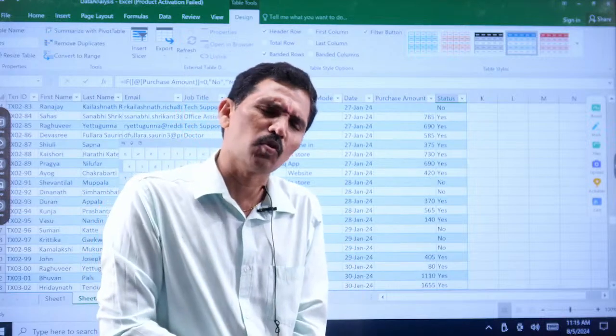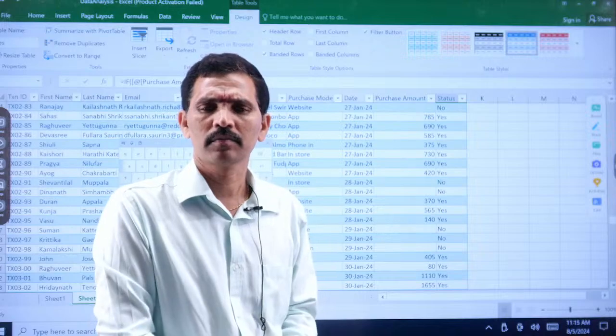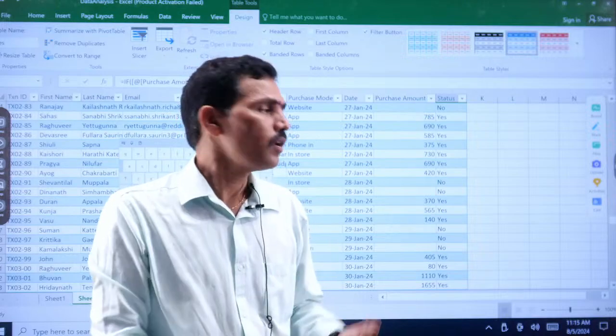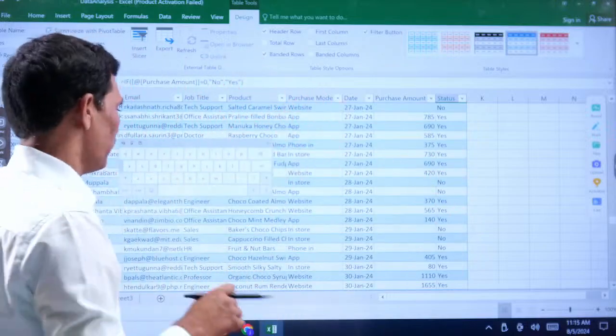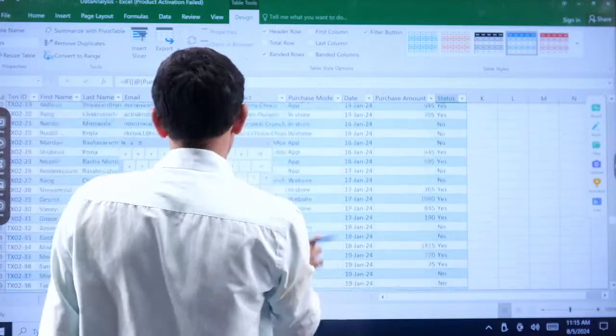In data analysis, most of the time we will go with that. Do you understand this? So this is the importance of a table, and we are moving on to the next level. In this table we have completed like this. Now